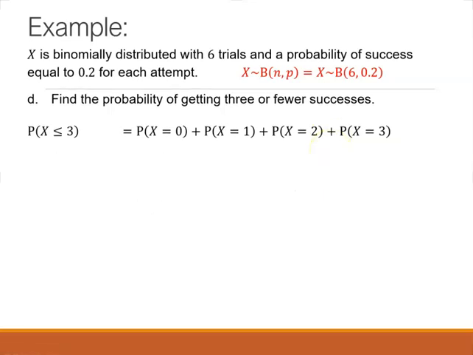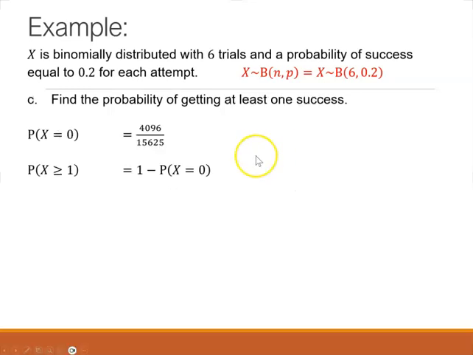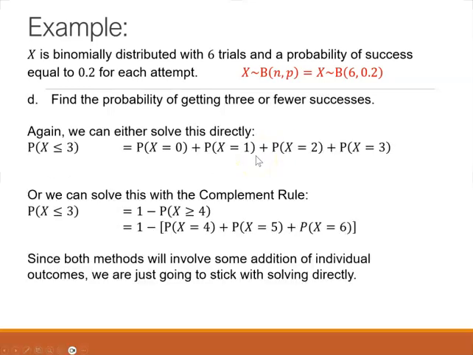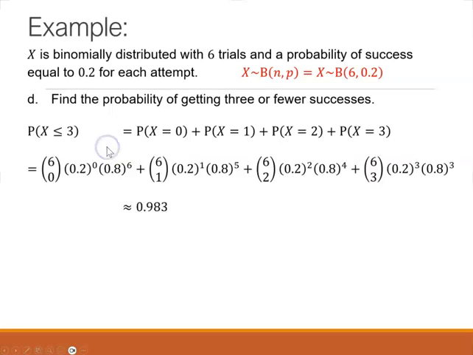So if I want the probability of getting 3 or fewer successes, that's the probability of X is less than or equal to 3. So if I did that directly, it would be probability X equals 0, probability X equals 1, probability X equals 2, probability X equals 3. If I did it by,